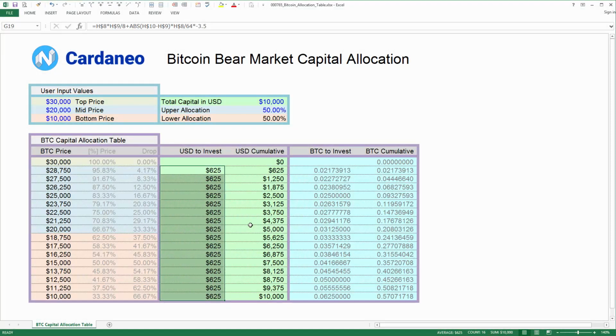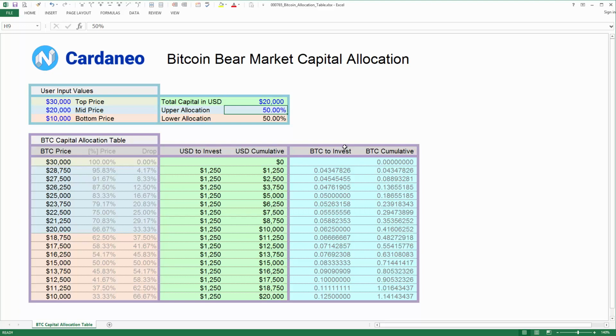So at the end of the day, choose how much money you have. Let's say $20,000, or how much you want to invest in Bitcoin. Pick the price that is, let's say, current price for Bitcoin, and let's say put the 31,000. And I will say, well, the bottom that I expect is the bottom of the bottom is, let's say, 20,000. And then you can put mid price, let's say 25,000 or so. So tweak these numbers as you wish.